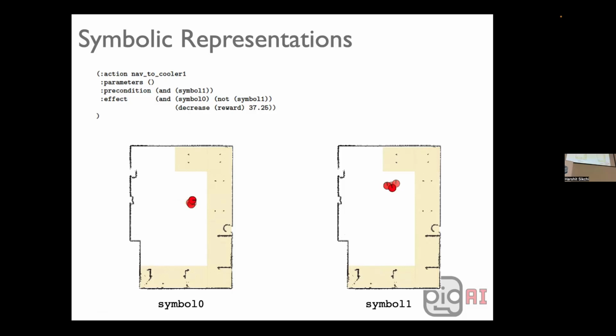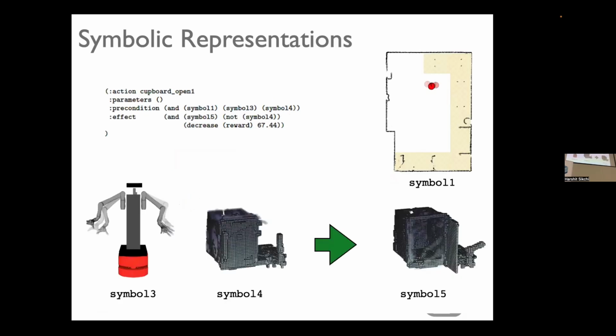Now, the robot has discovered a distinction between those two things. The right distinction for this execution is to learn the grounding for each symbol, and construct the operator so that it's a kind of compact model of that operator. There's one interesting one. If you want to open the cupboard, you should be at symbol 1, which is standing at the cupboard. And symbol 3, symbol 4 should be how the robot's joints and the voxel queries are drawn. The robot's joints, you can see, are small, and it's not holding anything. It means the robot doesn't have anything in its hand. And these are voxels, and you can just click the box to move the cupboard, and you see the cupboard is closed. And afterwards, the cupboard is open.